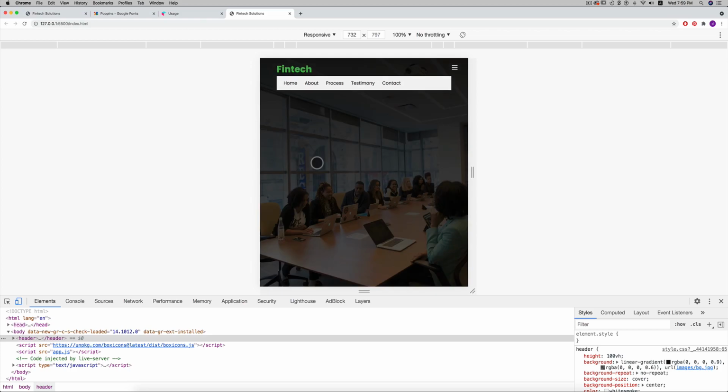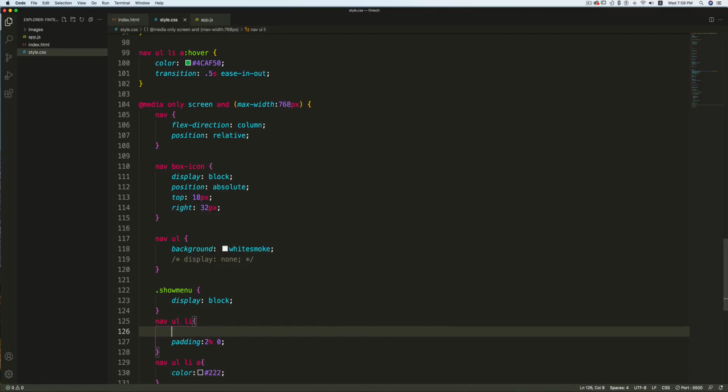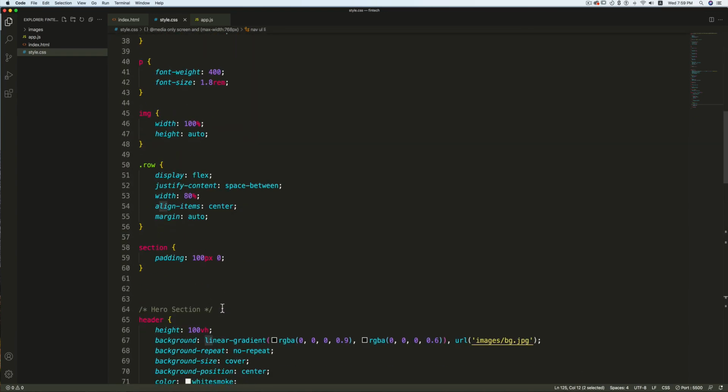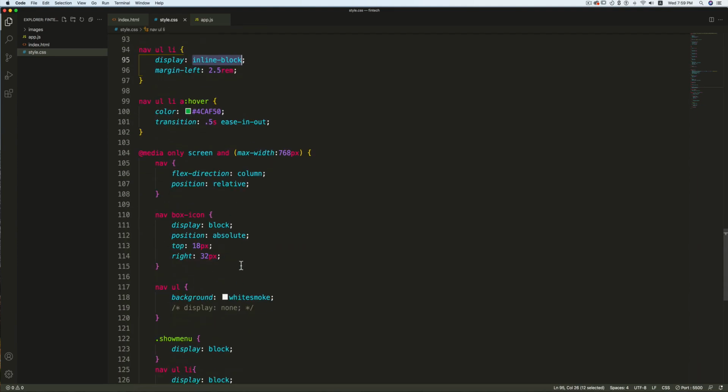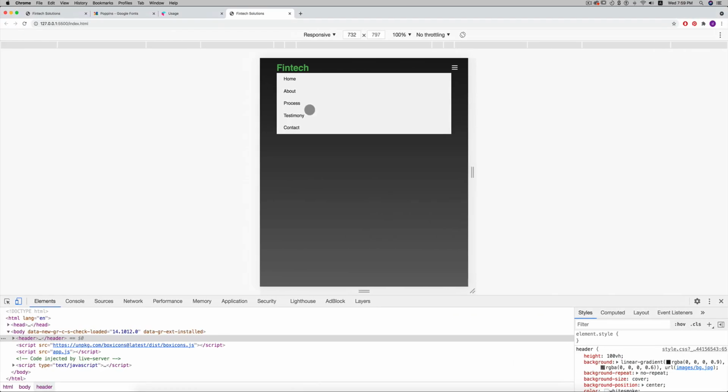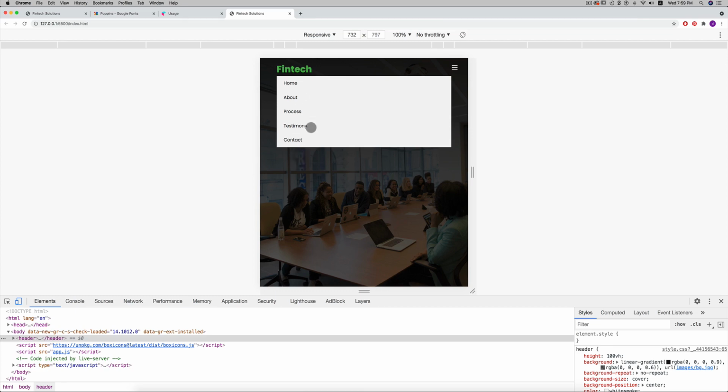Let's see. Sorry, I didn't add display block to this because we have added display inline-block to this li. Where is it? See, we have this inline block. So we need to change this to display block. So now our UL looks like this.